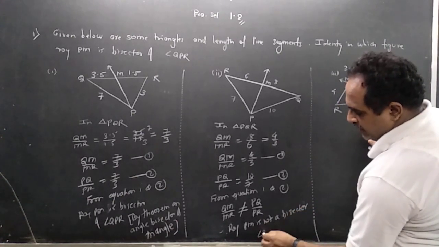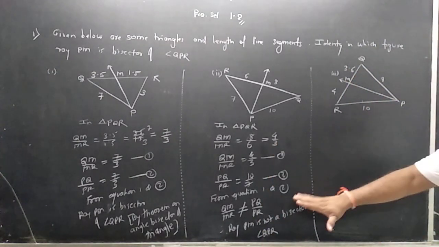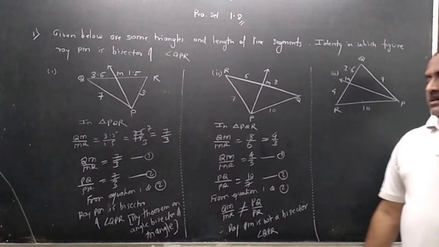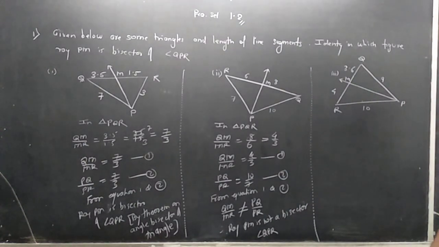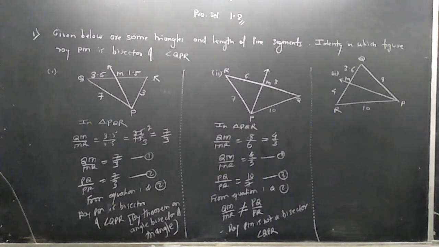angle QPR. But as it is not a bisector, no need to give a reason like by the theorem of angle bisector of a triangle. No need to give it. When it is not there, then forget about it. Now third one is,